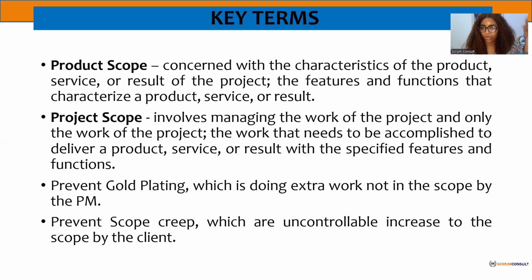So when we are managing product projects, there are times that, if not properly managed, it could affect our timeline, it could affect our overall cost, it could even affect the scope. So as such, it's good for project managers to watch out for two things, which are gold plating and scope creep. Scope creep is an uncontrolled increase in the scope. And most times it comes from the clients. When we say, oh, I needed ABC, and they come back tomorrow and say, I need this. They keep giving you different things that do not align with the business need.